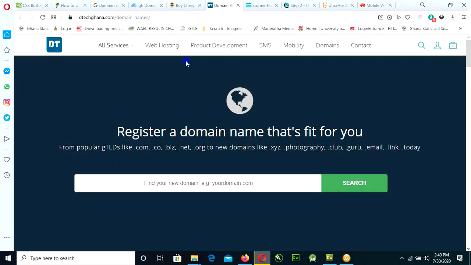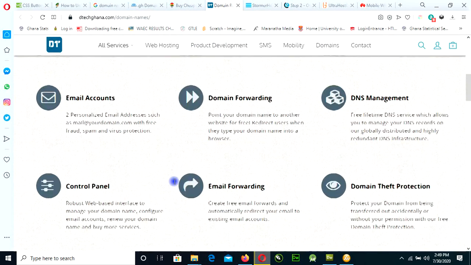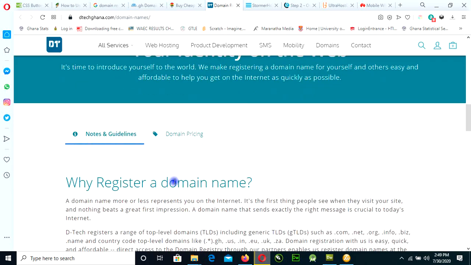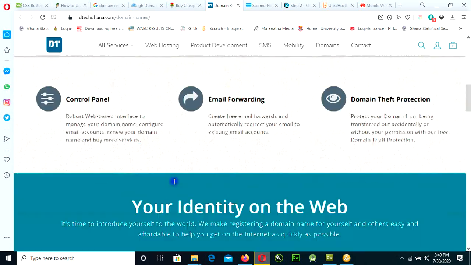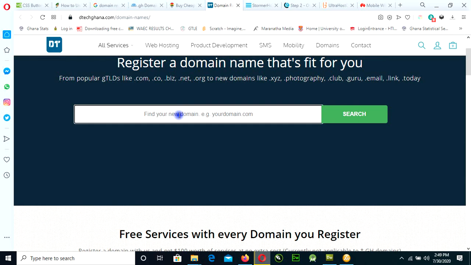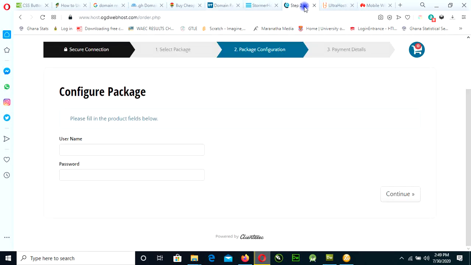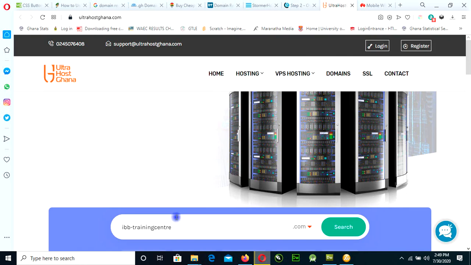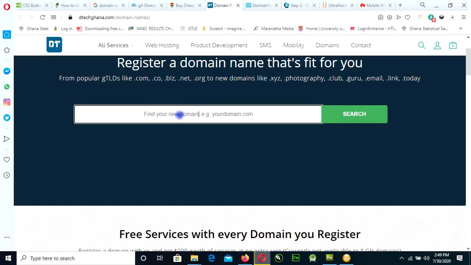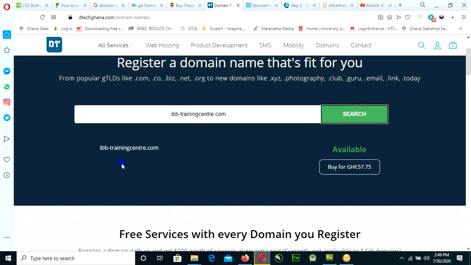Now let's go to the domain section. So domain buying is the same procedure, just like buying the hosting. So domain too, you just have to enter. So let me pick the name over there, the name that I used. So I'll pick this name, copy and go to here and paste it .com. So I'll just click on search just to see if the name is available. So you can see that nobody has the IBB name registered. So it says